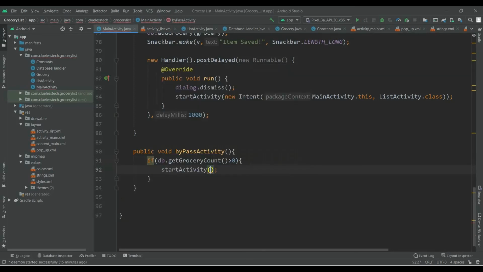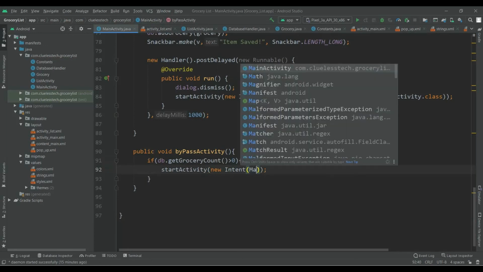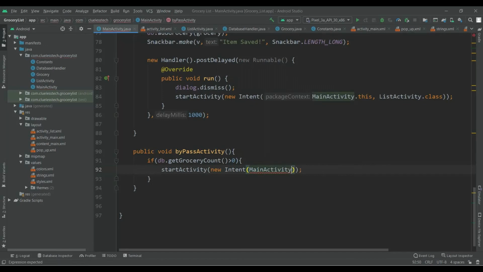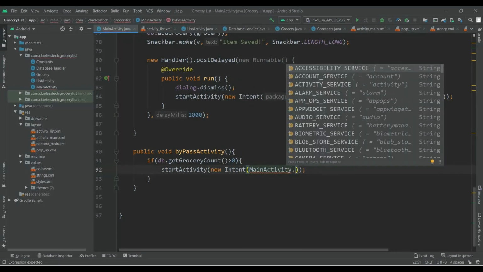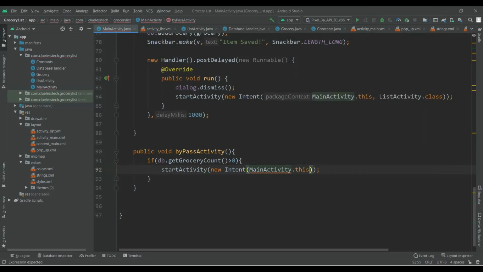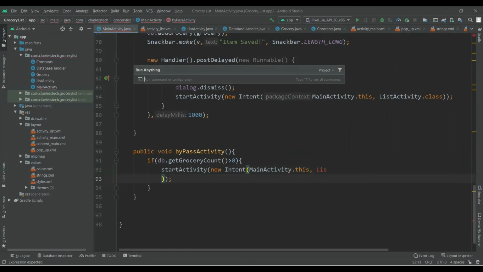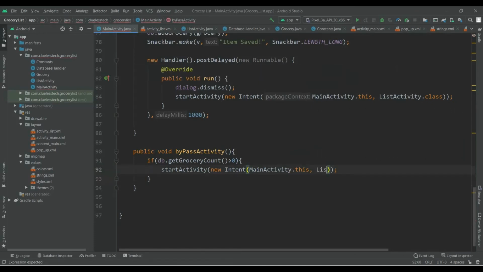startActivity(new Intent(MainActivity.this, ListActivity.class)).